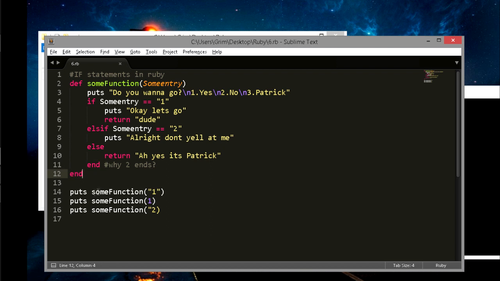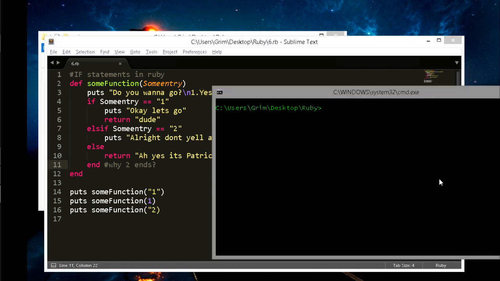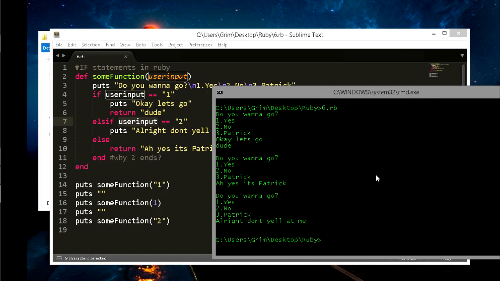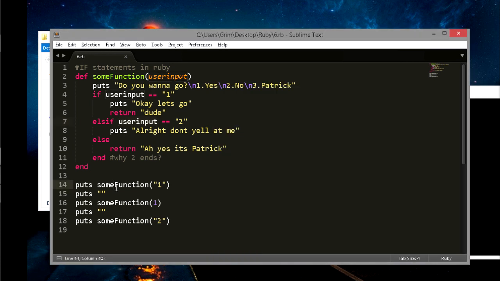So now we're calling the function here, and it says puts, so print it out once you call it. And it says some function and then enter 1 here. So do you want to go, and then enter 1, and then it's going to give us, let me just show you. So 6.ruby, and then we have a couple of examples. So the first one goes, I'm inputting 1 in a string, and it gets true because it does accept it in a string. You would otherwise have to convert it if you want to accept it as an integer,